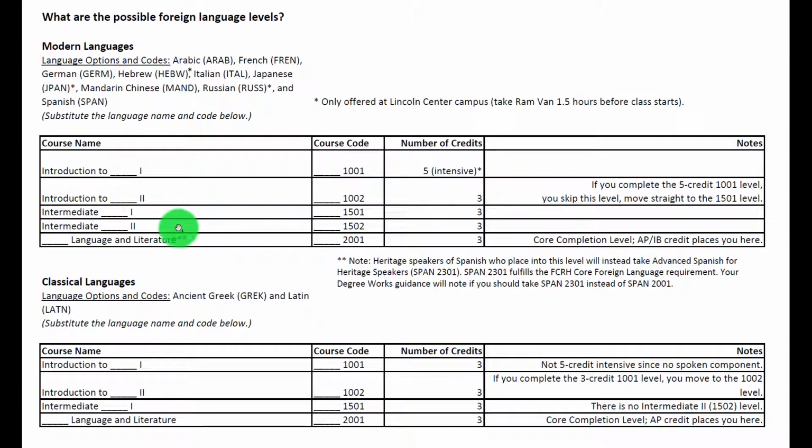And the core requires completion of the language and literature level, the core completion level of your given language. So for example, if you were studying Mandarin Chinese, you would need to complete through the level MAND 2001. If you were studying Latin, you would need to complete through LATN